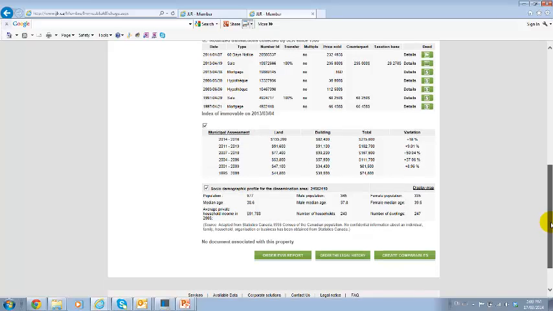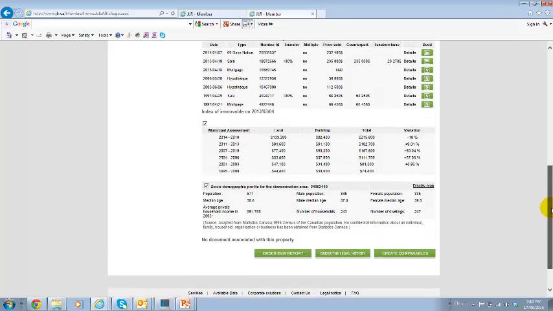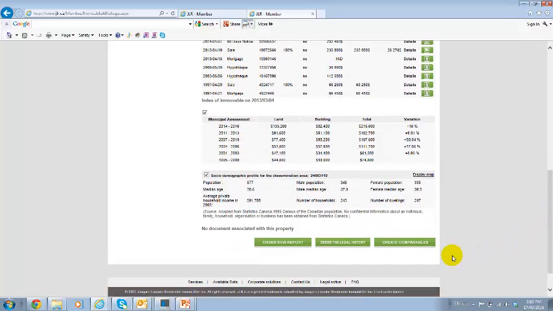Now, you have hyperlinks here at the bottom. The one I'd like to share with you is this one, Order the Legal History. These two are related to evaluation or estimation. So, as mentioned before, this will be looked at during the estimation webinar. Basically these are comparables generators. But to get the index des immeubles for this particular property here, I just want to show you how easy it is. You click on the button here, Order the Legal History,